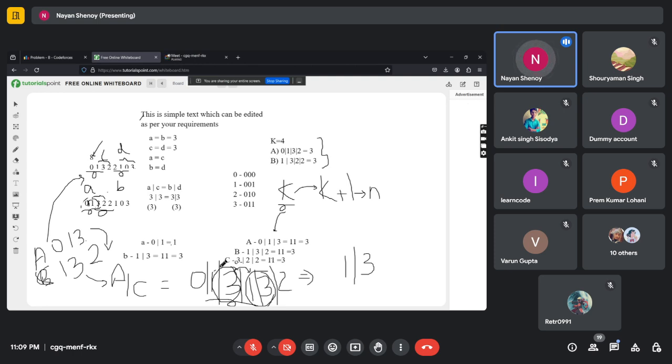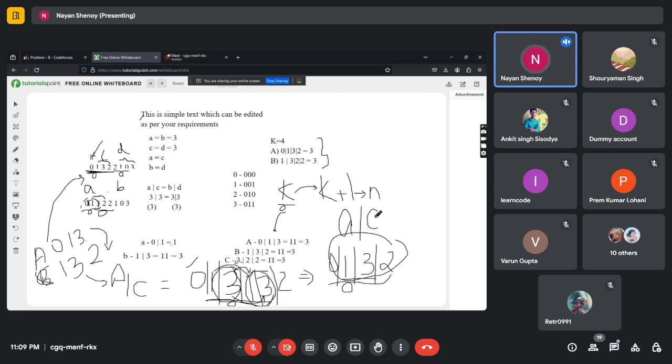Because 1 and 1, if you do OR, you'll always get 1. And 3 and 3, if you do OR, you'll always get 3. So this entire thing is just technically the OR of 1 and 3. And our left elements were 0 and 2, and we get this as a result of A or C. Now, if you're able to see, A or C is basically the combination of the first four elements,